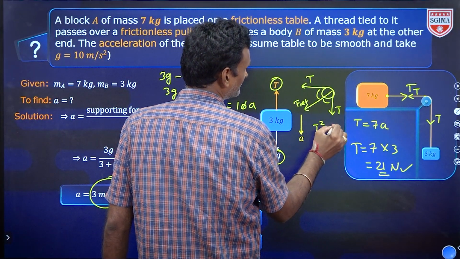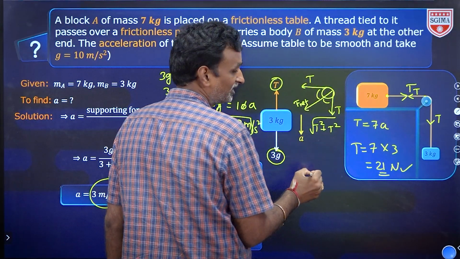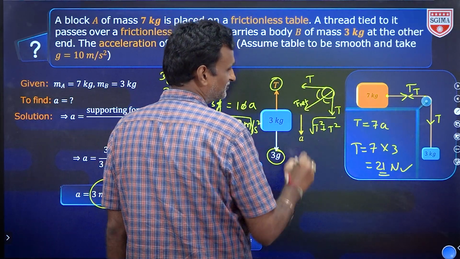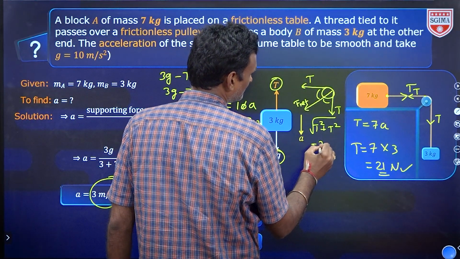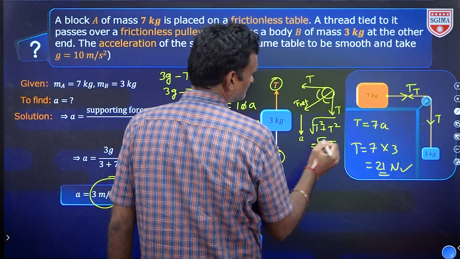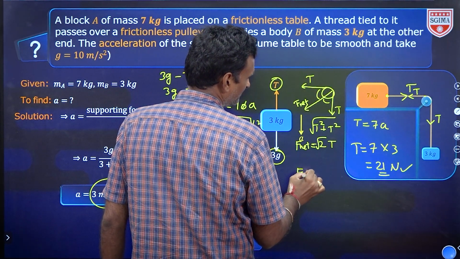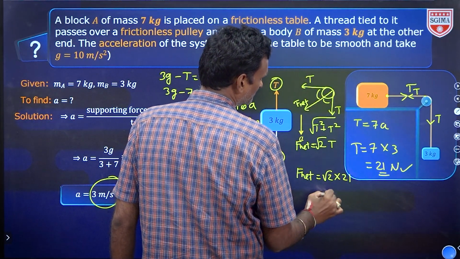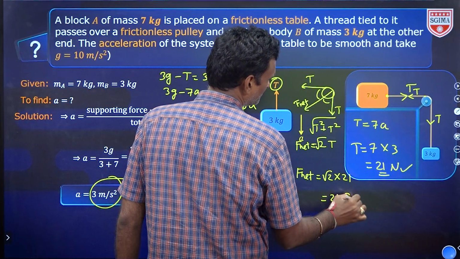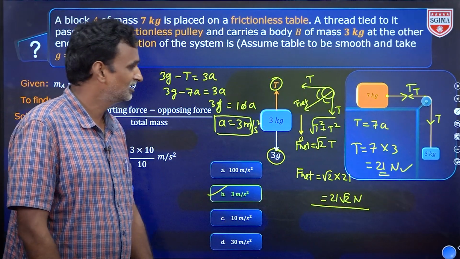T square plus T square, because both the tension forces are separated by 90 degrees. So the tension force, force means vector quantity, so simply we can write root 2 into T. This is F net, which is F net acting on the pulley, root 2 into 21. This is 21 root 2 newtons. This way we can solve the answer for